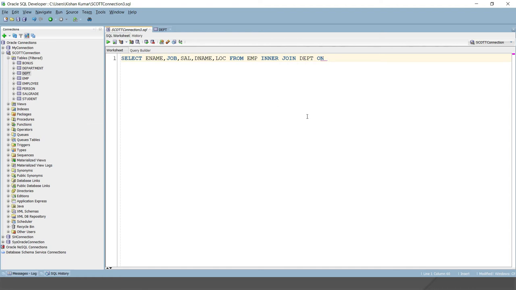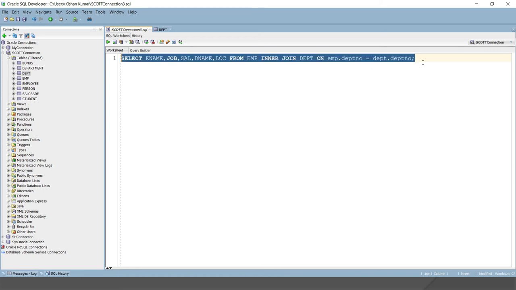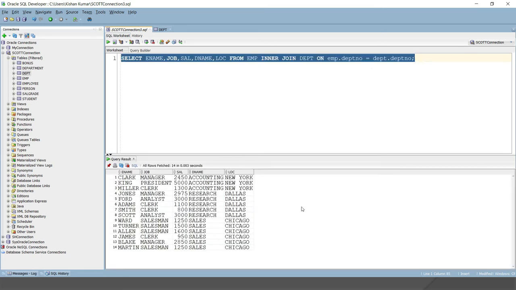So we have to refer to this column either by table alias, where after the table name you make a space and put the alias name, or directly by the table name. So I would say emp.deptno equals dept.deptno. That's all. And if I run this query, here you can see the result.